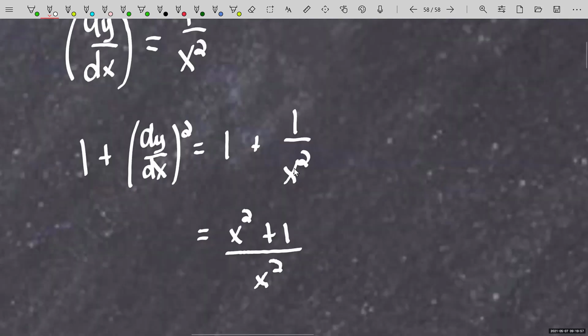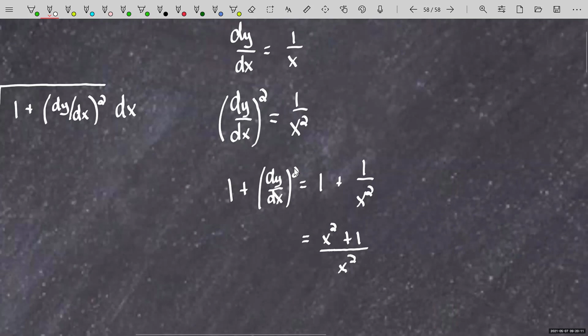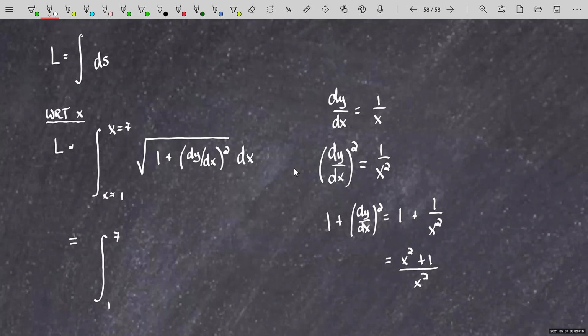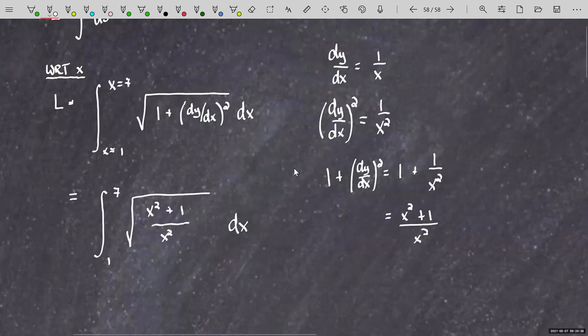And that's kind of nice because that denominator, when I take its square root, is just going to be x, because x is going from 1 to 7. It's positive. So when you take the square root of x squared, it's just regular old x. So that's what I'm going to sub in here. The integral from 1 to 7, not writing x equals, because there's no need to now. We're already completely into the world of x. This will be the square root of 1 plus dy dx squared, which is x squared plus 1 over x squared dx. The square root of that denominator, just x